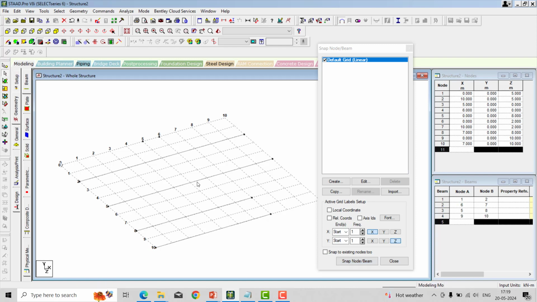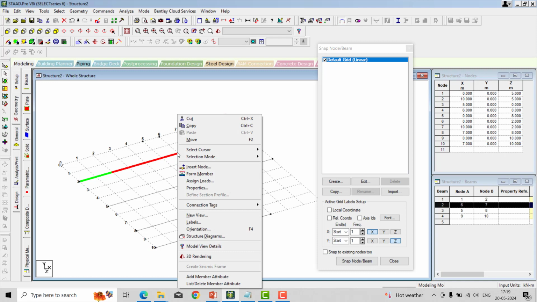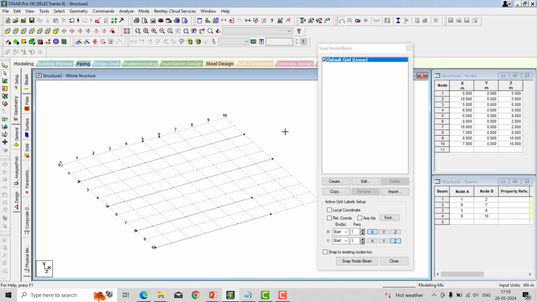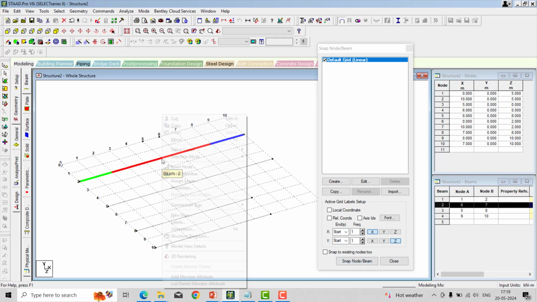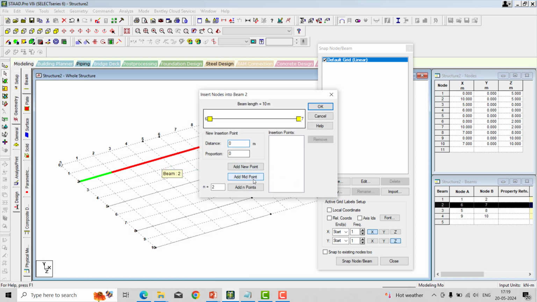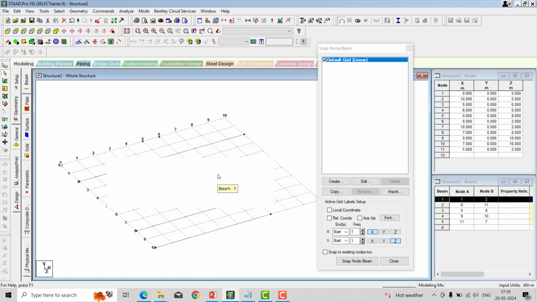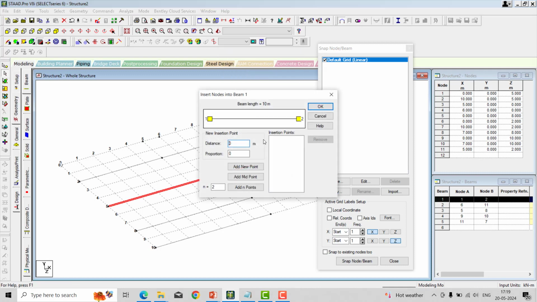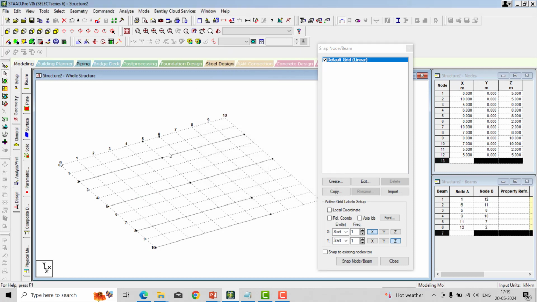Now if I want to connect these two beams exactly to the midpoint, one method is you just go to the insert node and add the node exactly in the midpoint, and then by using the snap node beam, you just connect it. I just show you. Insert node, add midpoint and OK. Same insert node, add midpoint and OK. So added two nodes exactly in the midpoint by using this snap node.